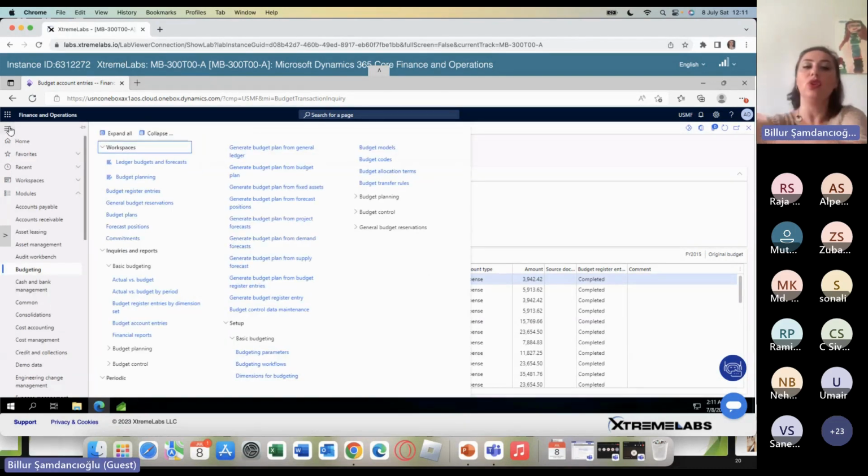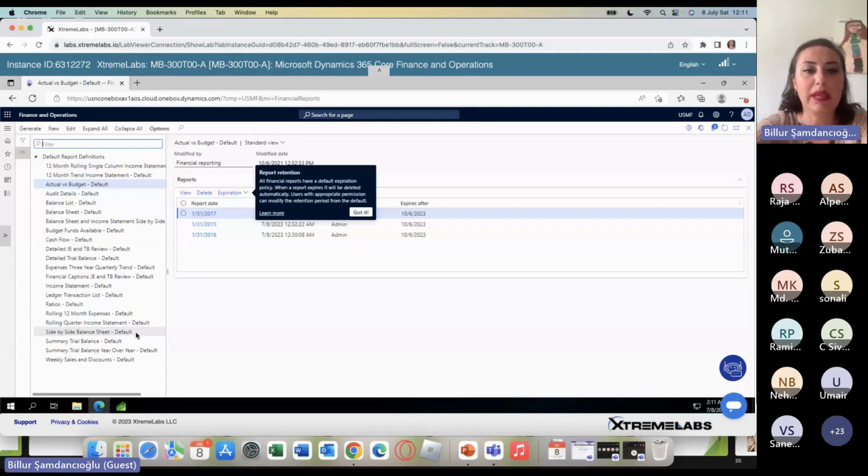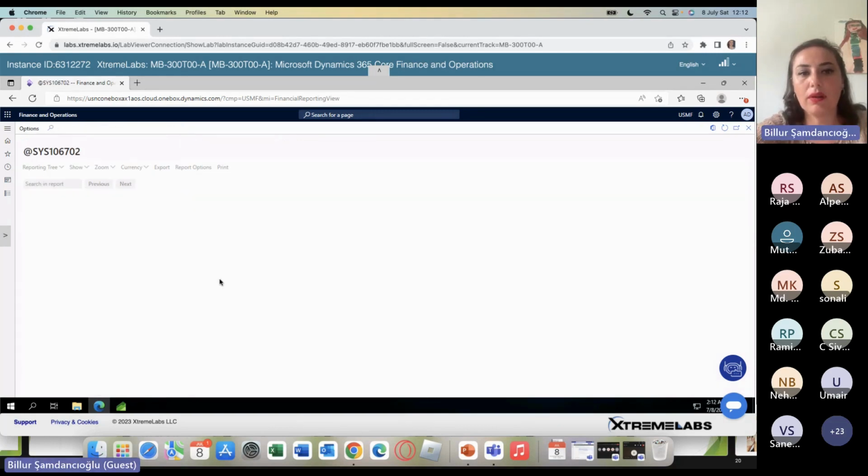But I prefer to use financial reports, honestly speaking. There are default financial reports in the system, but you can create your own reports. And I mainly create my own reports when using the financial reports. So what you can do to see the budgets monthly is, when you create your columns, you can use the percentages from actual versus budget, monthly, in 3 months, quarterly, half a year. So you can use the financial reports, and when you say generate, the system will ask you for the date that you want to run, and then you can see here your